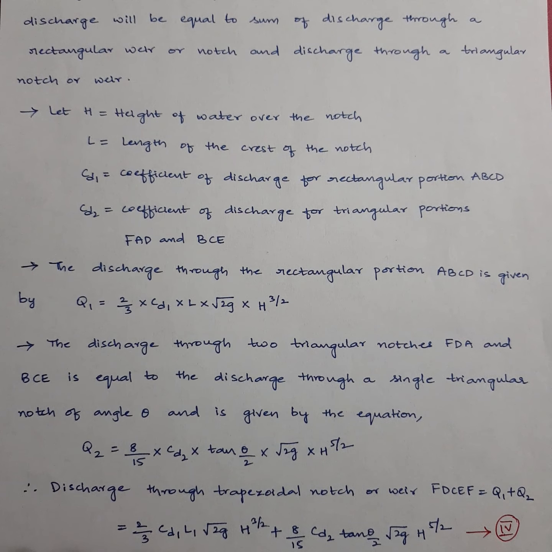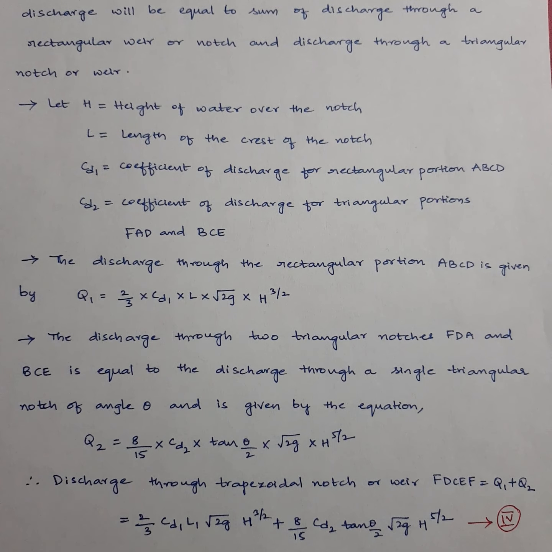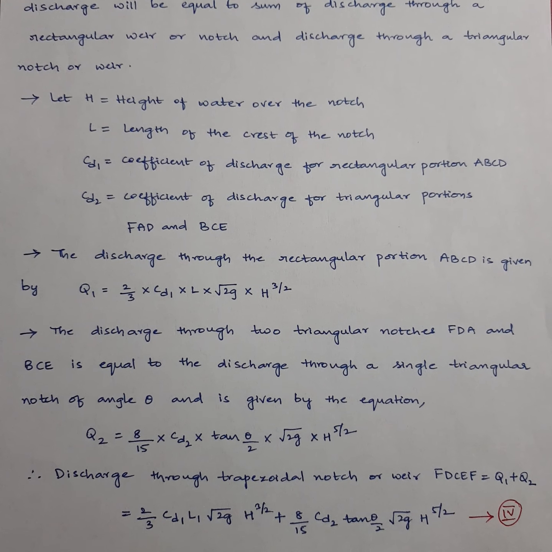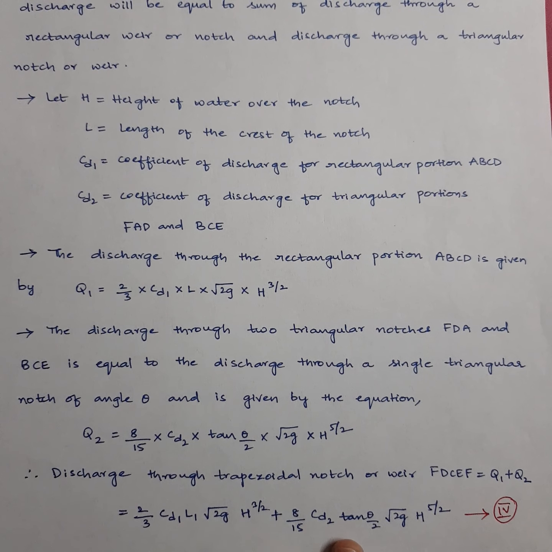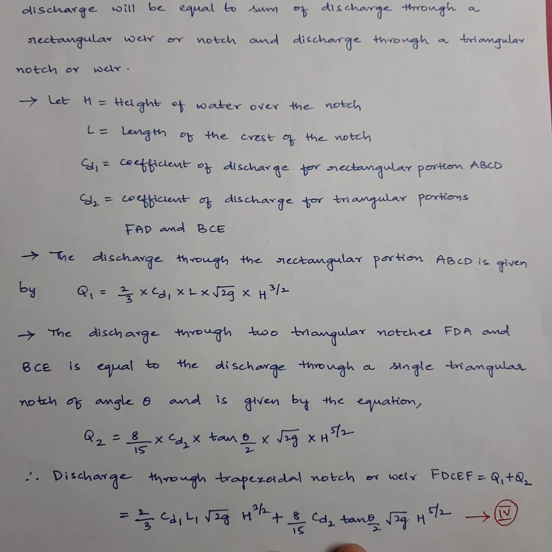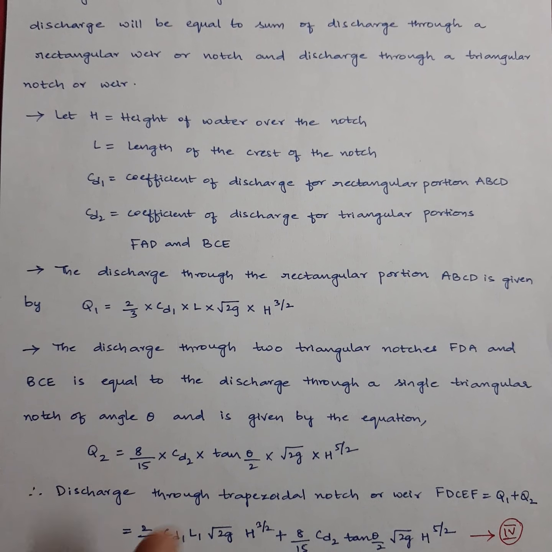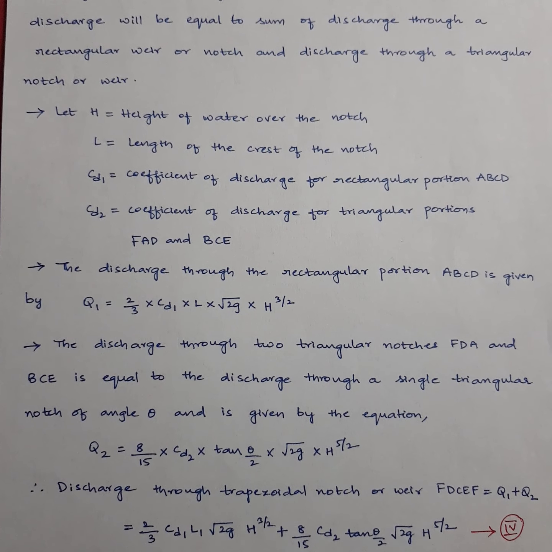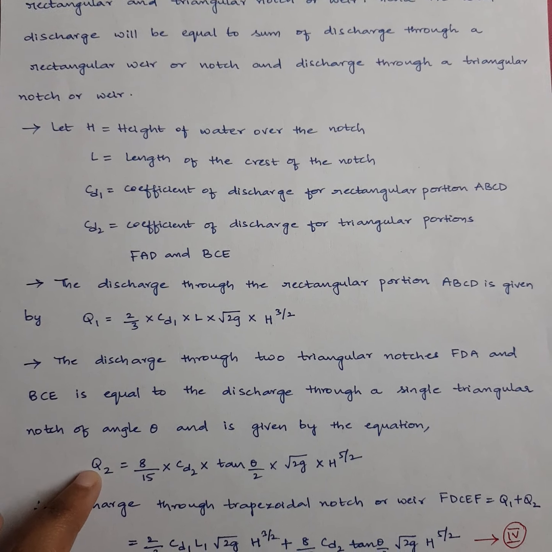Therefore, the discharge through the trapezoidal notch. What did I tell you? What is the discharge through a trapezoidal notch given by? It's the sum of rectangular plus triangular, so it's Q1 plus Q2. Just add Q1 and Q2, and that's this bigger formula. This equation gives you the expression for discharge through a trapezoidal notch. But you need not memorize this bigger formula. Why? Because generally once you do problems related to the trapezoidal notch, you can just calculate Q1 separately, Q2 separately, and just add both the values. That's sufficient. So you need not remember this bigger formula, as long as you remember the formulas for rectangular and triangular notch.